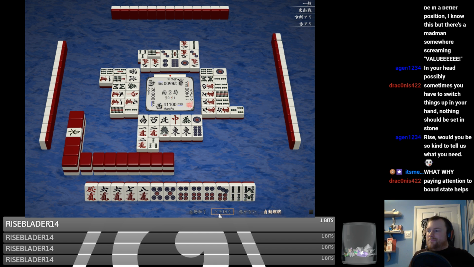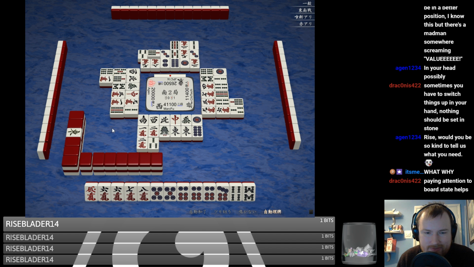Alright, we're folding. Didn't want to do that, but we are. I can afford to deal into Kyril or Aegon to a certain extent. I can't afford to deal into Rise right now, so we are going to...